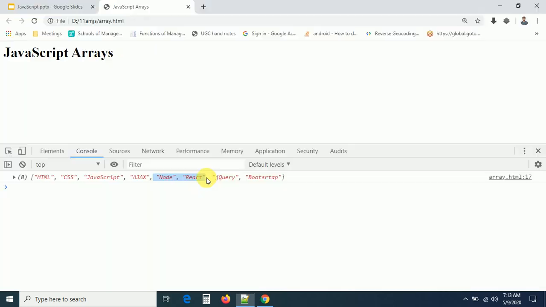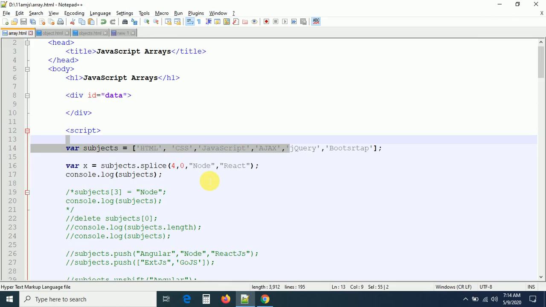Can you see now? You are adding an element to an array at a specific position as well. You just mentioned 4, and the element was added at the fourth position. But earlier I mentioned 3, and the existing element was deleted and the new element was added to the array. So the existing value was overridden by the new value. But in this situation, is that happening? No, it is not happening. The splice method is just adding the elements to the array.